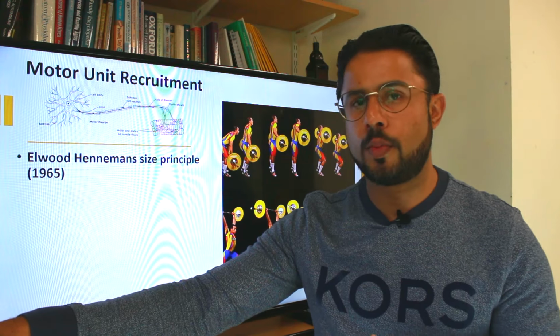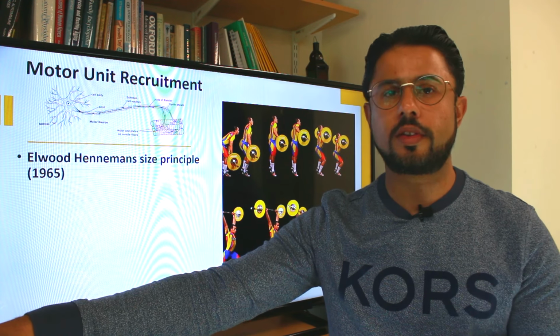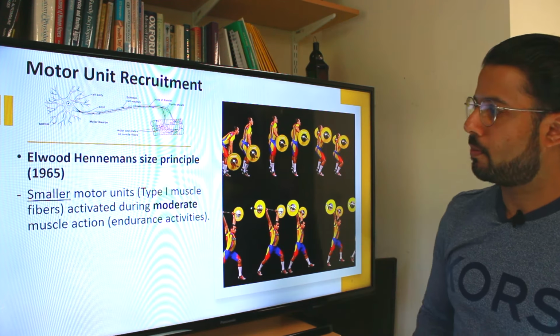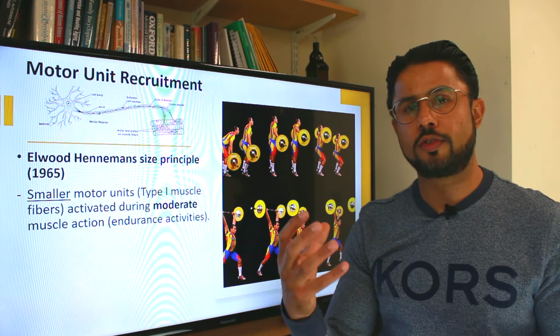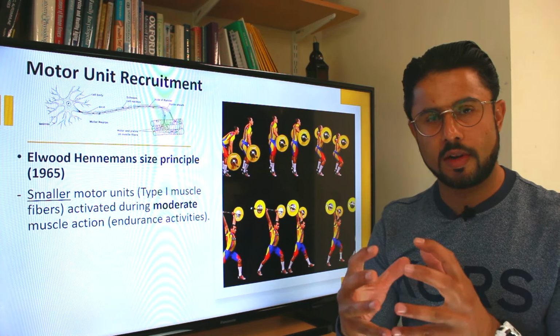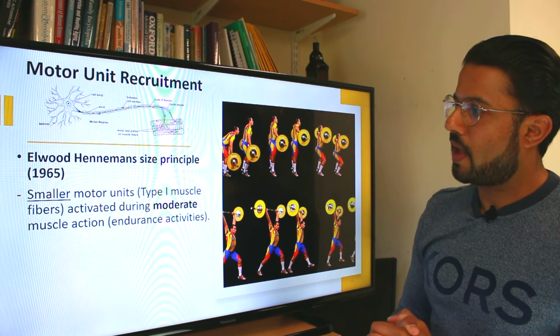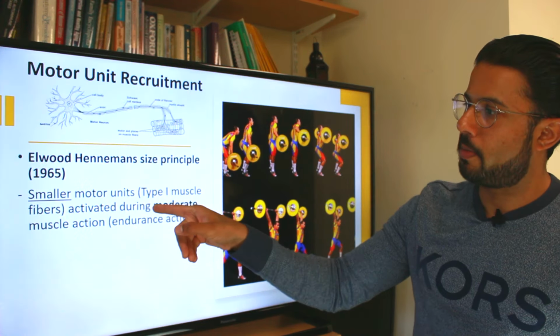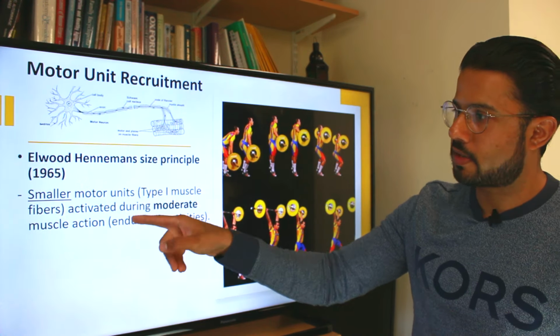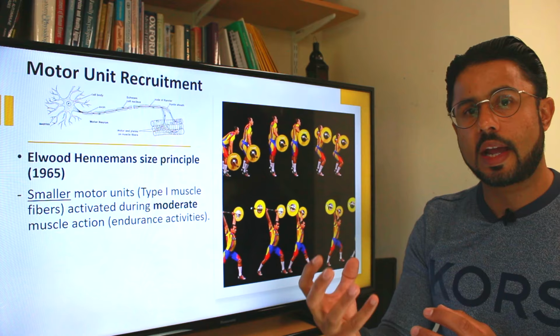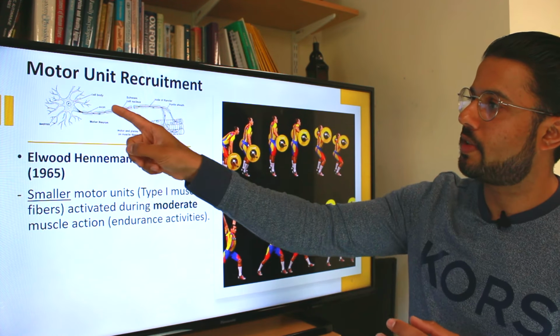okay? So everybody's heard of type 1 and type 2 muscle fibers. The type 1 fibers are more suited to endurance events. They're smaller in diameter as well. They have less force production, and they also have smaller motor units. By small, we mean that the cell body is smaller. If you've got a smaller cell body, then these neurons can activate much more quickly. Okay, they can activate quicker when they receive a signal.